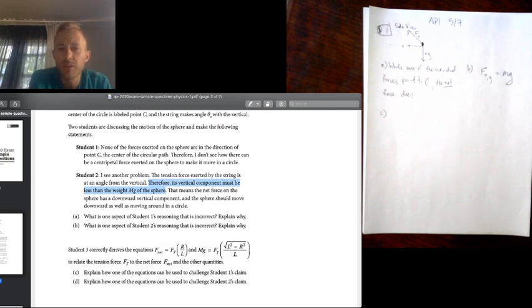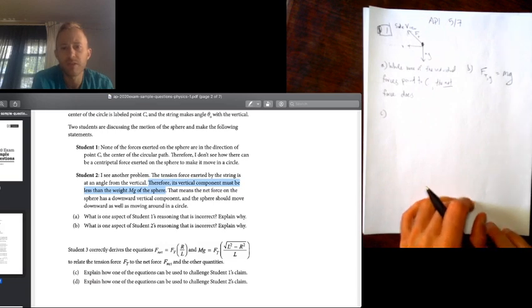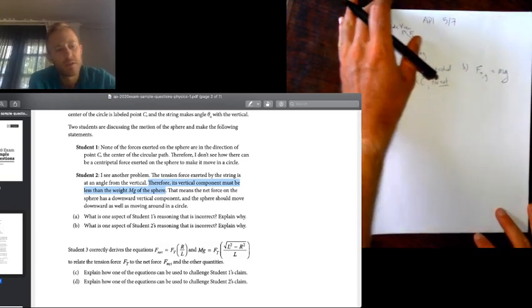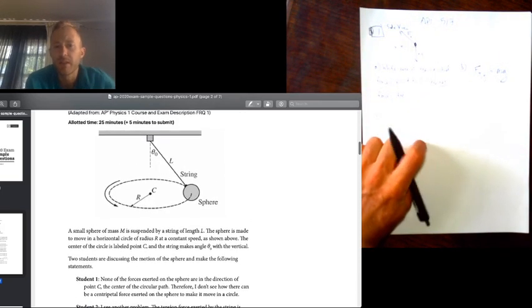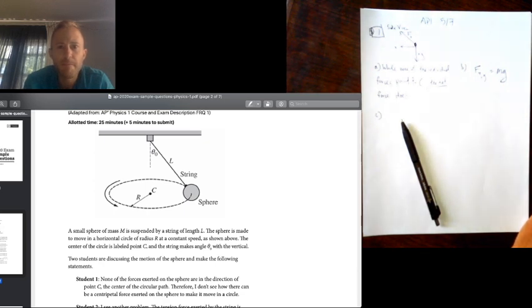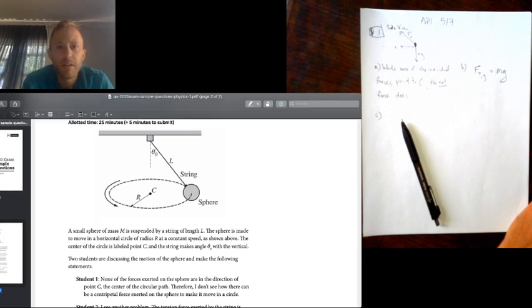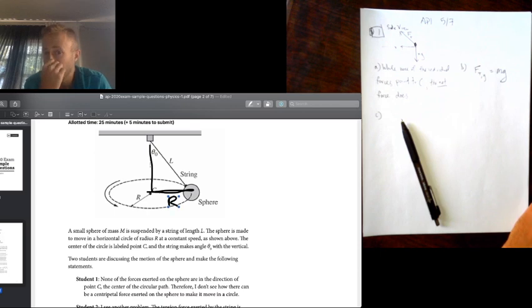Explain how one of the equations can be used to challenge student 1's claim. So what I would notice here is that, let me annotate here. Okay, so we've got basically a right triangle that's formed right here. And this part of the triangle is R. So if we look at R over L, R over L is equal to, that's basically opposite over hypotenuse, so it's equal to sine of theta,